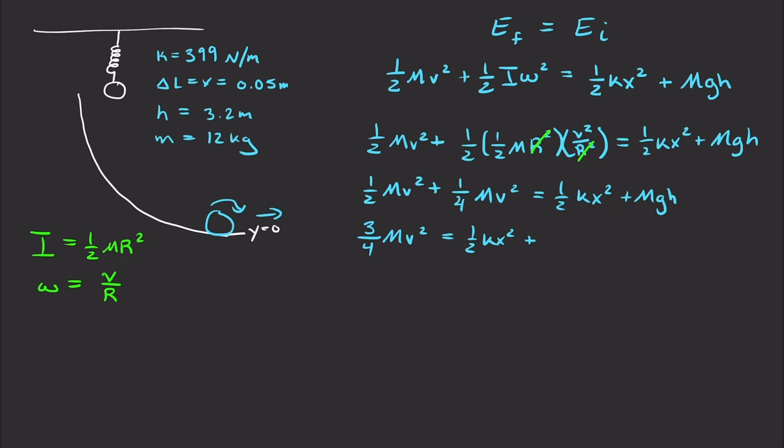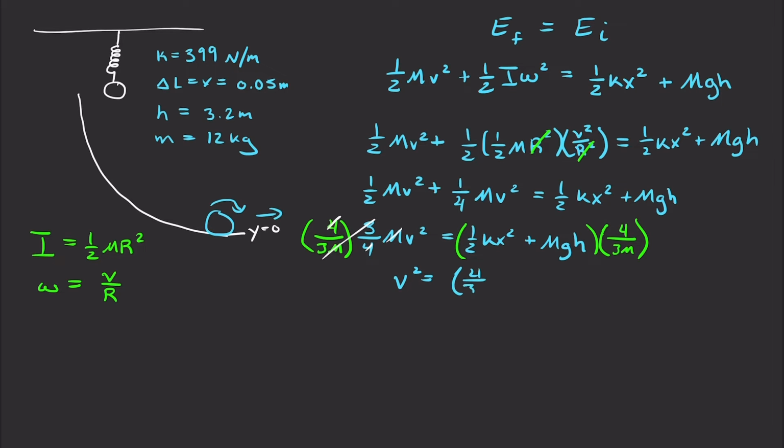And now I need to solve for v like I did in the previous part. So I need to multiply by the reciprocal, so I'm going to multiply by 4 on top to get rid of the 4, and then 3m on bottom to get rid of the 3m on top. So I'll multiply by the same thing on both sides, so 4 over 3m. Okay, and so when I distribute that, all of this is going to go away, and I'm left with v squared